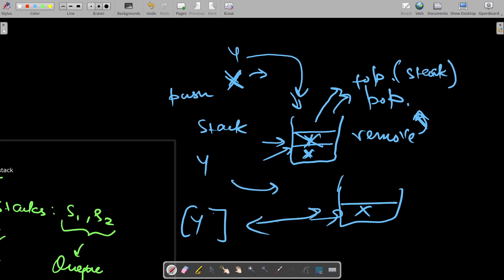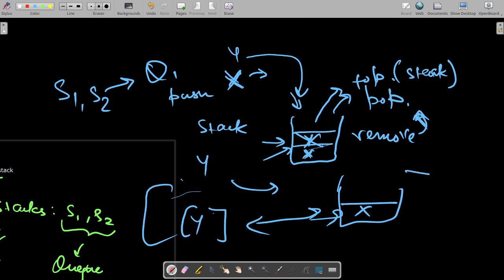In the question, we are given two stacks, S1 and S2, and using these two stacks we have to form a queue. From these two, you can get a lot of ideas on how to implement it.